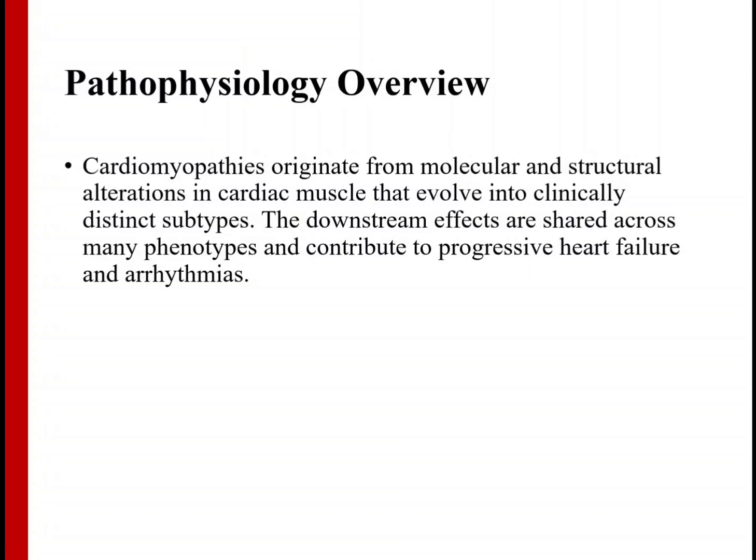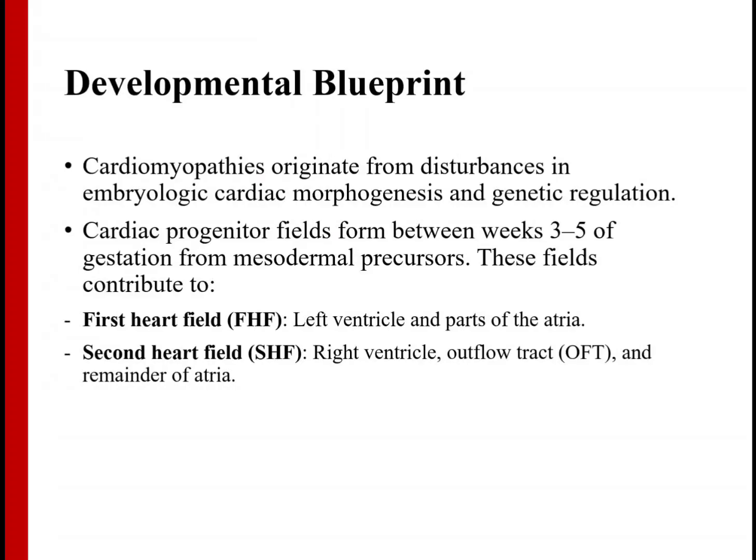And regardless of the initiating mechanism, whether sarcomeric mutation, desmosomal instability, or toxic injury, the ultimate consequences often include fibrosis, neurohormonal activation, and hemodynamic compromise. These downstream effects are what we treat, but the upstream is where prevention and early intervention live. As you can see,